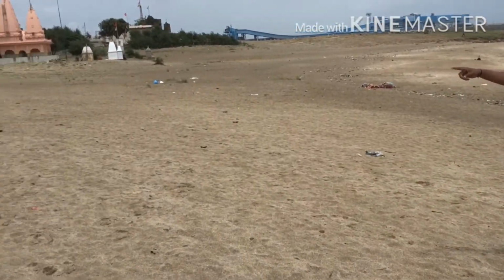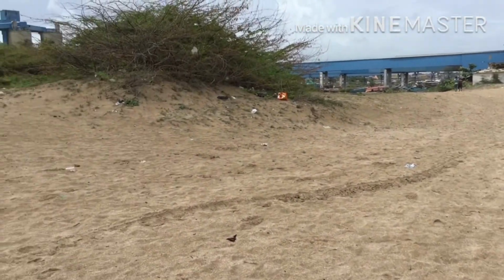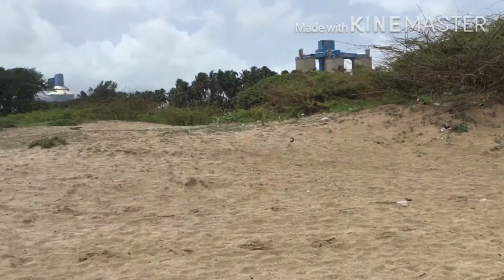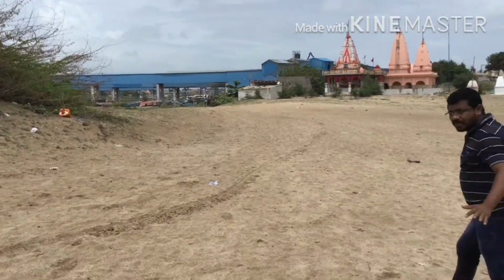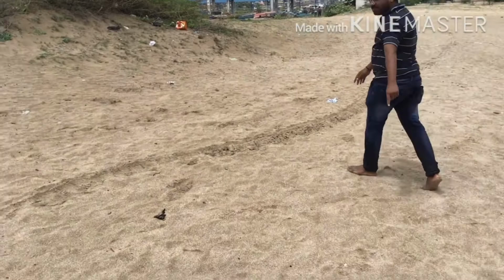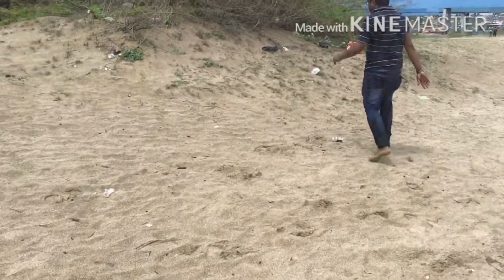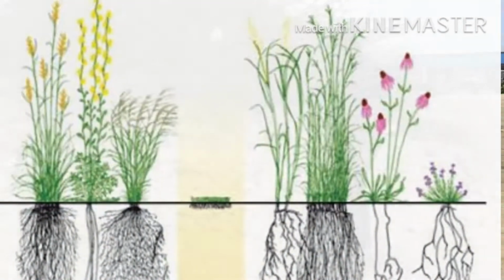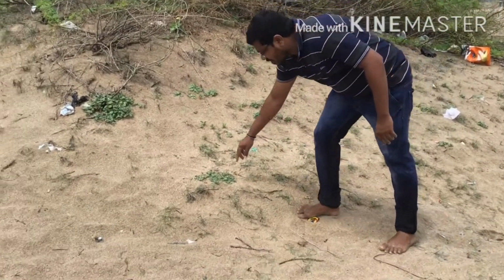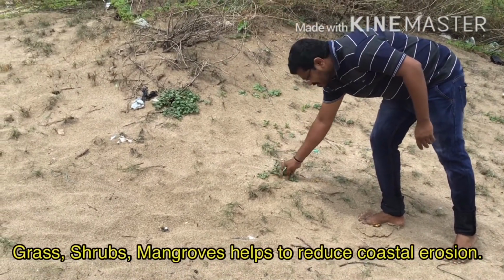To avoid this kind of deposition, where the beach is spreading and, due to the aeolian transport, the sand is deposited back into the sea or spreading across the beach, vegetation is being grown. Naturally also, vegetation has the capacity to hold the soil. The grass and shrubs are the starting phase.